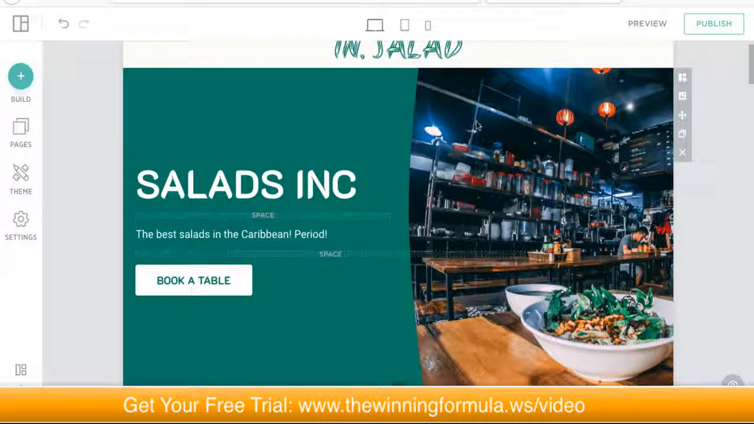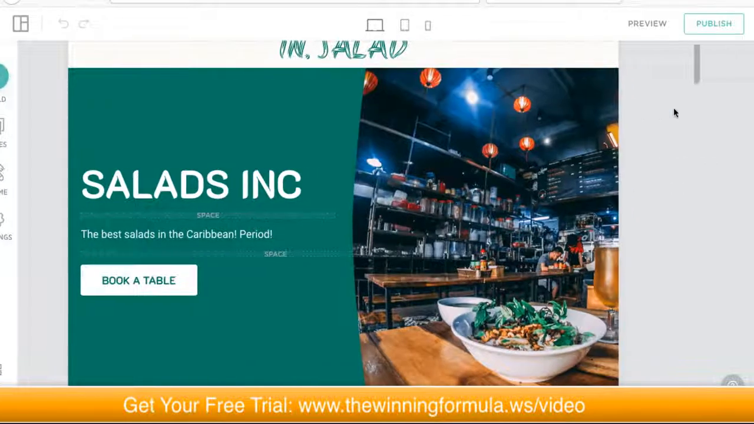Now, if I wanted to edit this picture, I just move my mouse over the section and then look to the right. You have some options. Do you want to delete this section? Do you want to duplicate this section? Do you want to move it to another place? So for example, if I click on move,